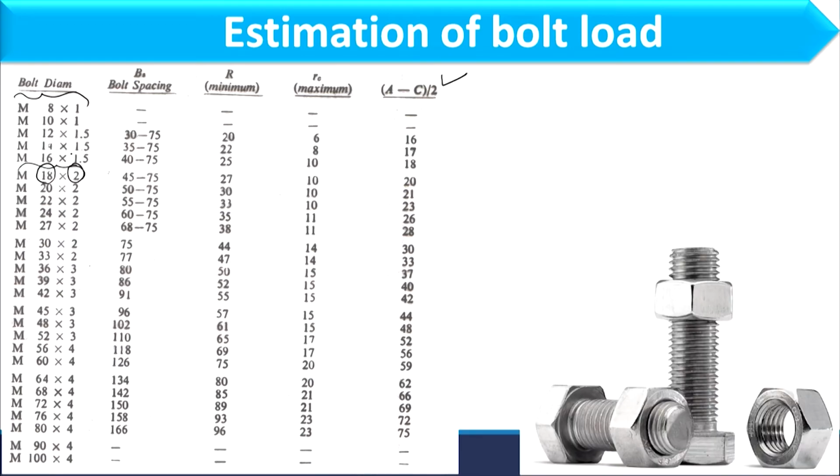Further, what is root area? If you focus on this particular bolt, the basic area we are considering would be the root area. So what is bolt diameter? Bolt diameter is this diameter. And this particular thickness of thread is nothing but t. So root area we can define as the base area of the bolt.